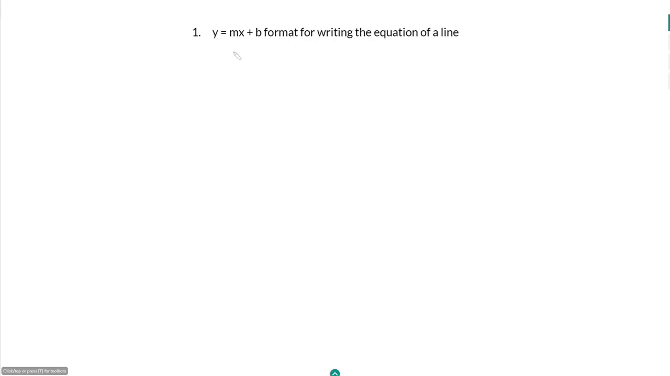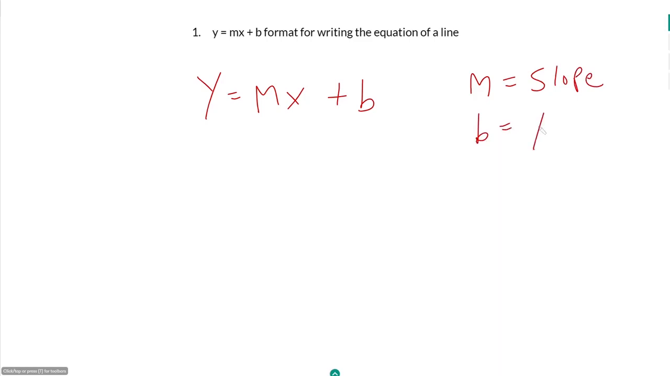First up, we have the y equals mx plus b format for writing the equation of a line. This should come as no surprise to any of you. Y equals mx plus b format is when you have an equation in the format y equals mx plus b, where m is your slope, b is your y-intercept,